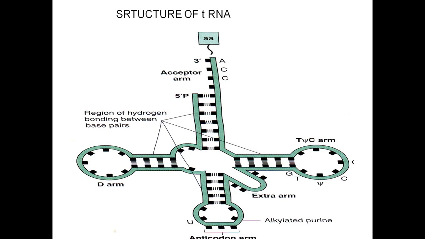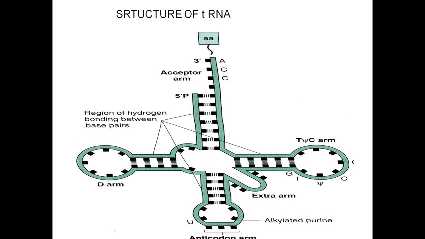This is a single stranded structure only, but it has folded wherever there is complementarity, so it looks like a double strand. Actually this tRNA is also a single strand, but because of the complementarity at different regions, it has folded into a double strand like structure, but everything is single strand. Because of the complementarity between purines and pyrimidines, these bonds are possible in the tRNA structure.